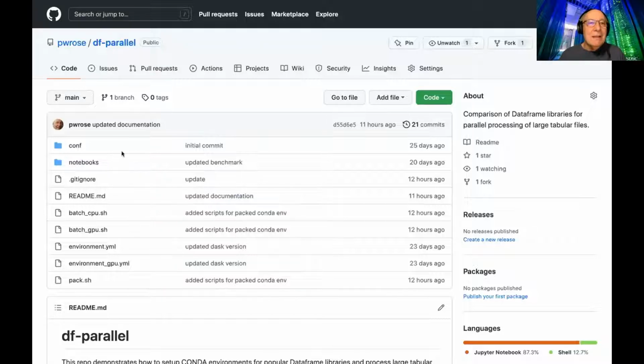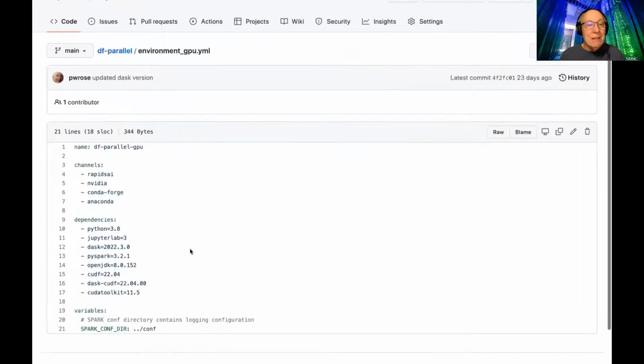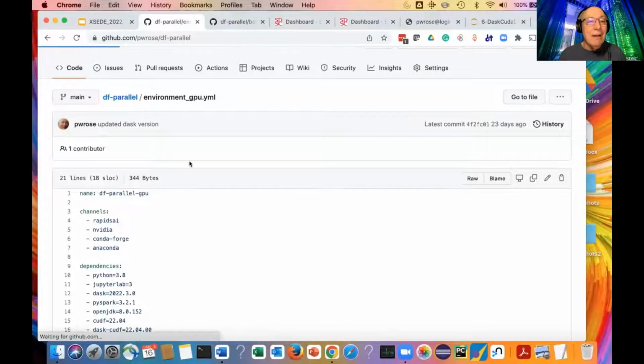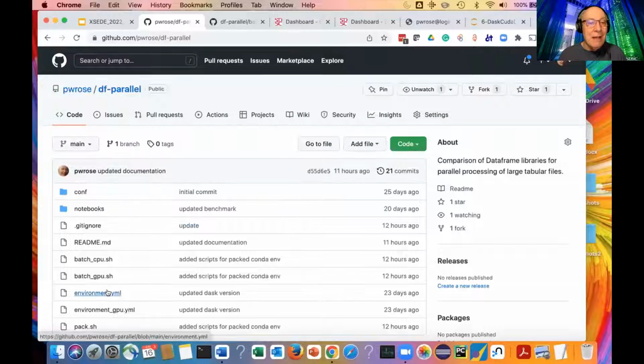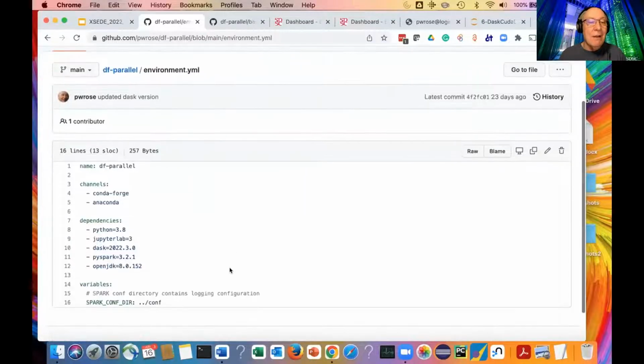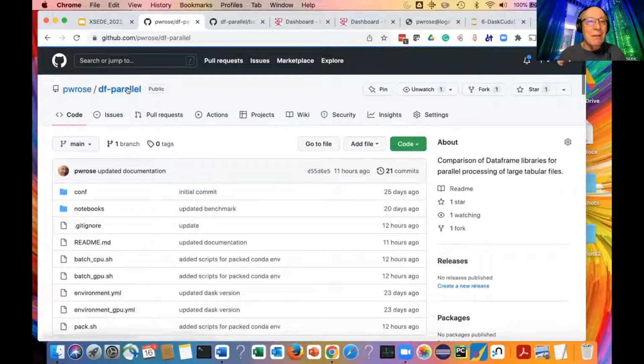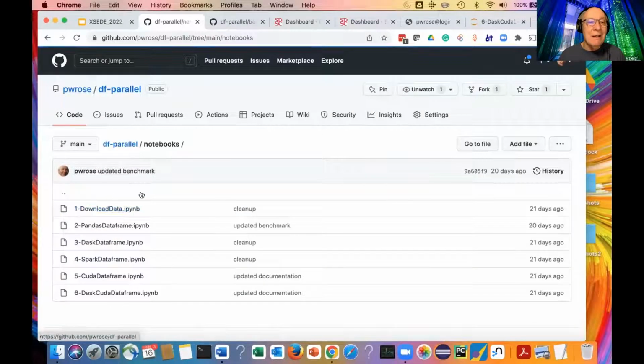So by the way, this is the Git repository that we were using here. Here's your environment.yml file. Here's one for GPU, and the one for GPU has additional dependencies, like CUDA, Dask, and CUDA tools, as well as new channels, like the Rapids AI and the NVIDIA channel. Those are not available, let's say, on a Mac. And therefore, I have a second environment.yml file. This is the one that runs on CPU, so this should run anywhere, but the one with GPUs will not. And all the notebooks are in here.